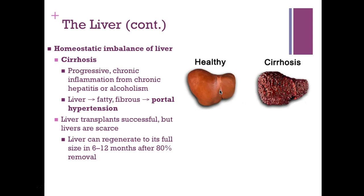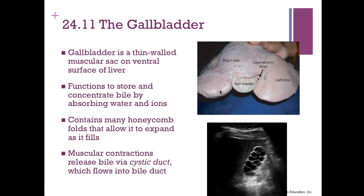Liver transplants are going to be successful, but livers are hard to come by. But they can regenerate themselves to their full size in about 6 to 12 months after 80% of it has been removed. So pretty incredible. Now let's move to the gallbladder, and this is going to be a thin muscular sac on